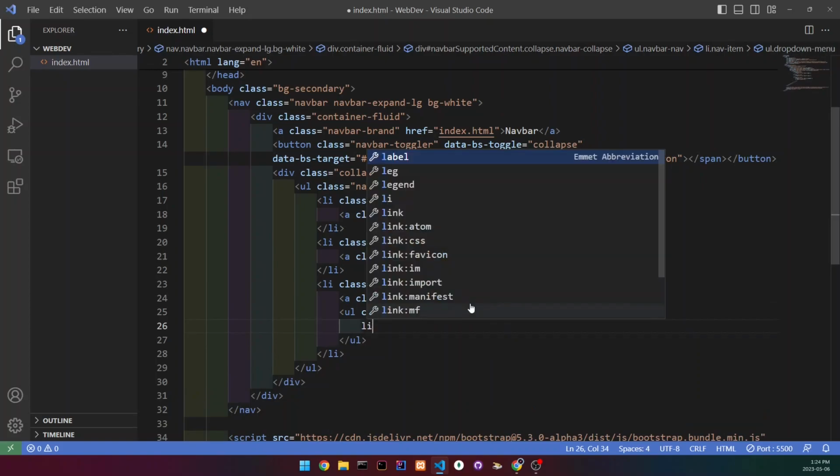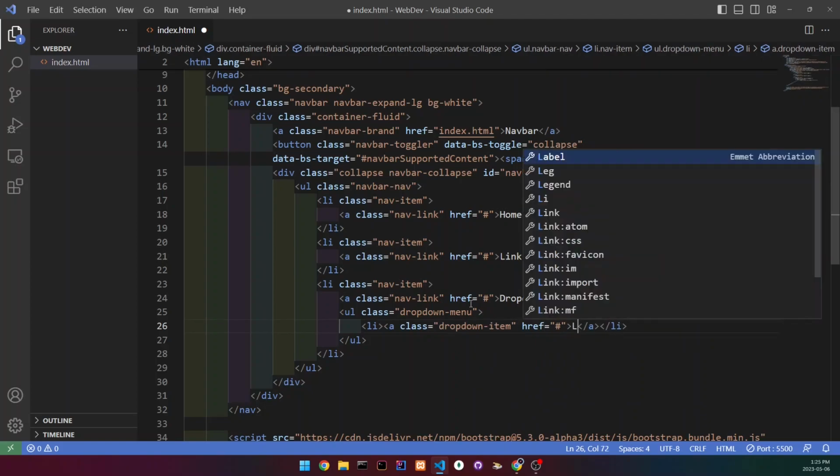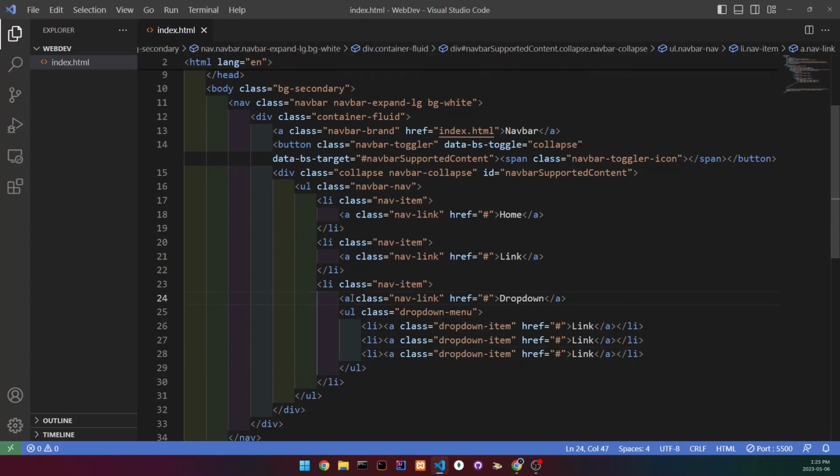Inside of it, we're going to create list items with anchor tags. You're going to have classes of dropdown and then item. The href, I'll just keep it at this, and then we can write link here. We can copy it, so I'll just do 3 for now. And we have to add some more stuff to our link here, which is going to trigger the dropdown menu. So we have to add a class of dropdown-toggle,